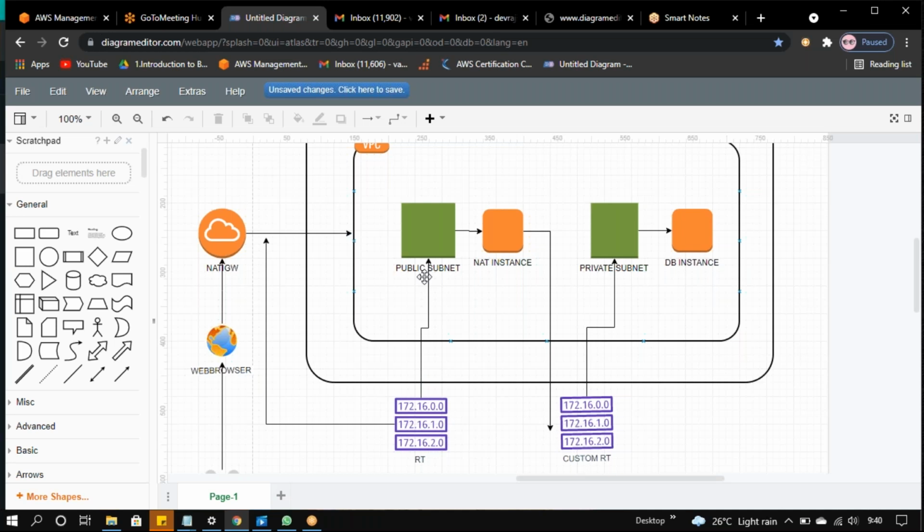In the last class, I told you that when we remove the communication between the internet gateway and the route table, it doesn't allow redirecting the URL we have hosted in the instance. So that comes under private. I haven't given anything to the internet gateway for this private subnet DB instance.